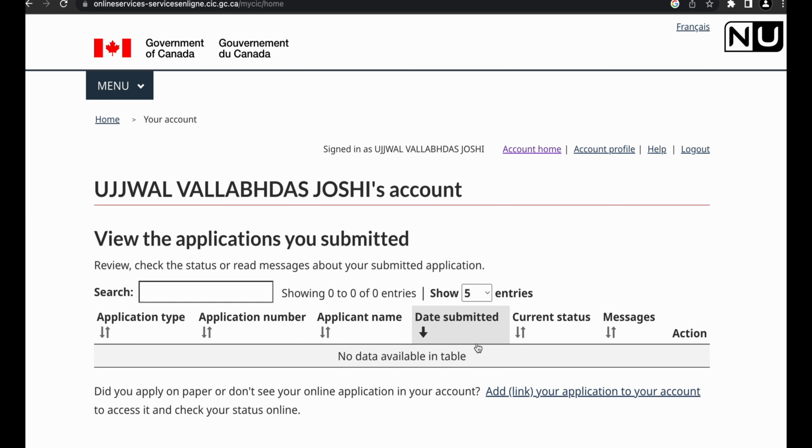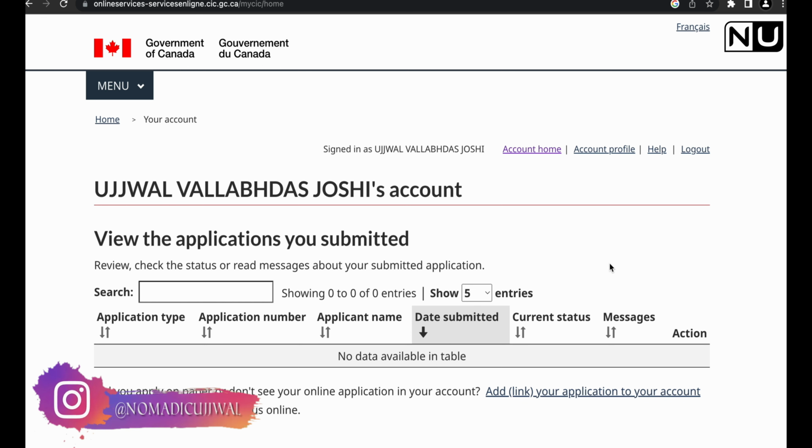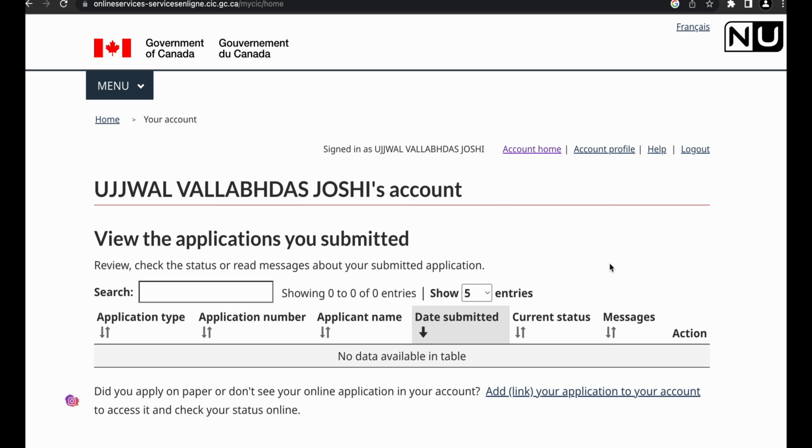So this is the full process of how to create a GCKey account. So just follow the steps. It is very easy. You have seen it is a very easy process. Just make sure that you don't forget your recovery questions and answers, and also your security questions, because every time you log into your GCKey account, you have to answer those questions.